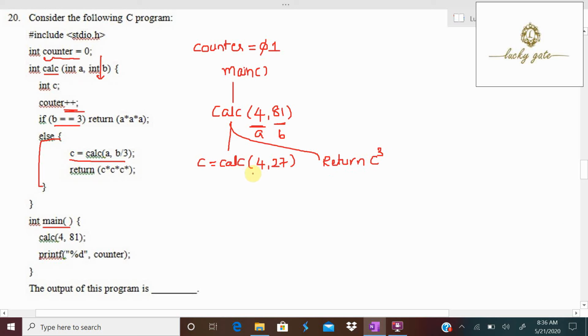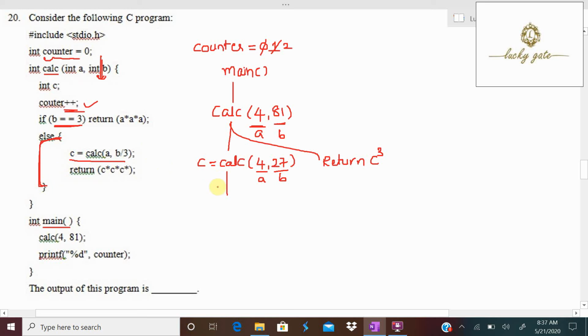Again it calls the calc function with a value 4 now and b value 27. On entry into the function call, counter is incremented by 1, so counter will become 2 now. Next, b is 27, b equal to 3 is false, so it executes the else part.